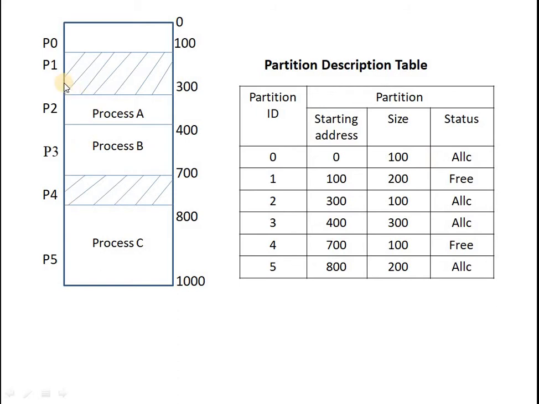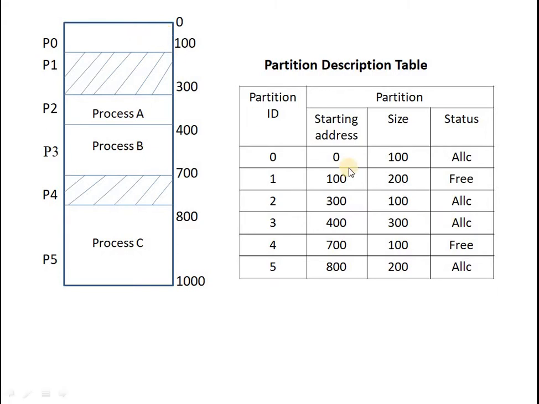The second process is the P1 process. So the ID of this process is 1. The starting address is 100 and the size is 200 MB, because the starting address is 100 and the end of this process is at 300 MB. So the total size of this process is 200 MB, and its status is allocated. In the graphical notation, the lined up portion is denoted as free, and the whole empty space